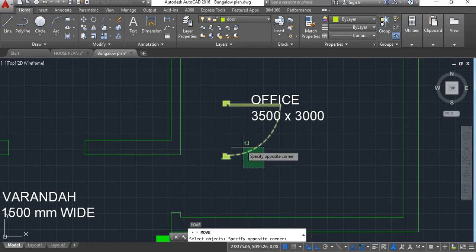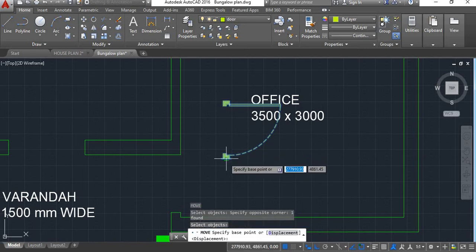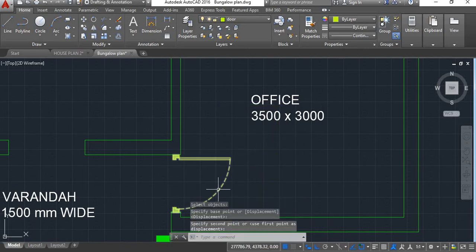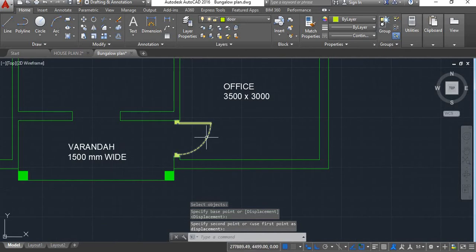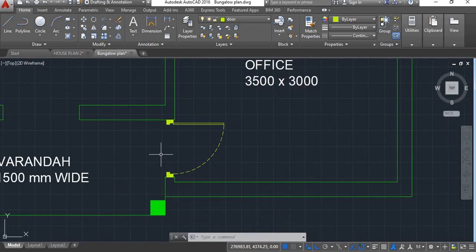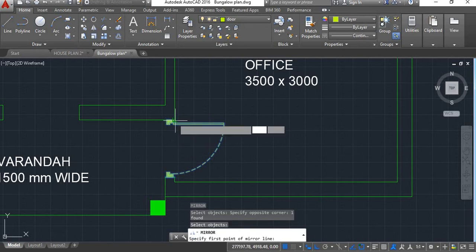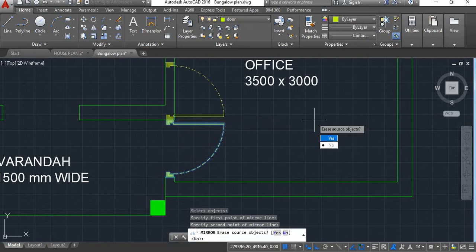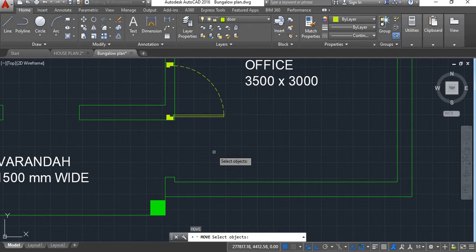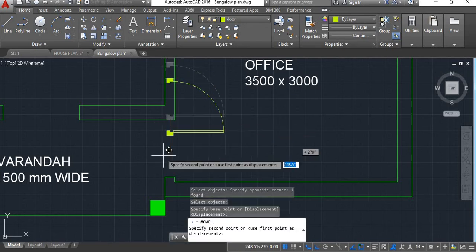And move this. We'll have to make this shutter this side, so I'll mirror this. And move this at this point.